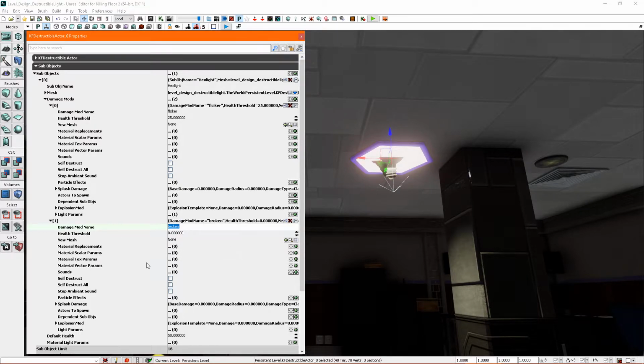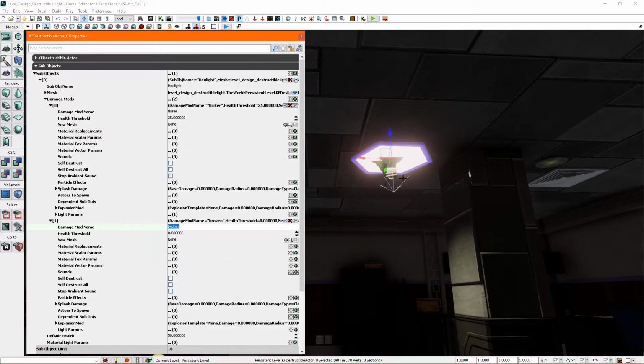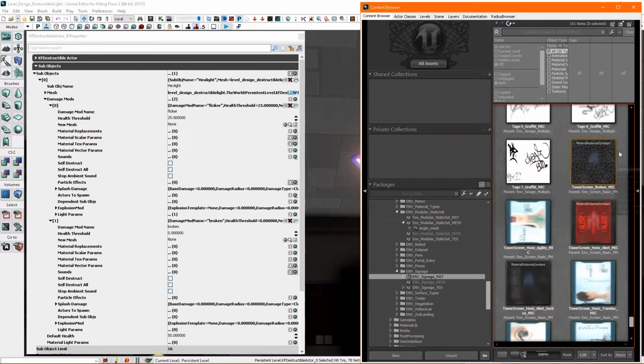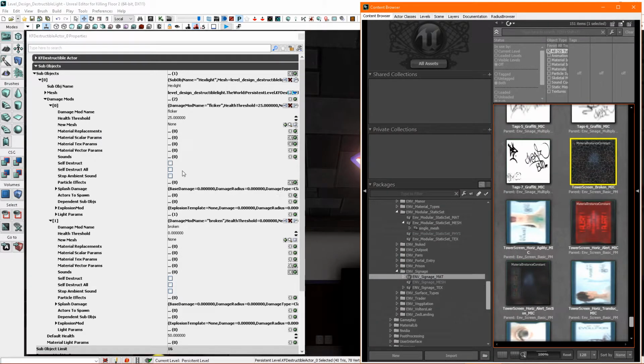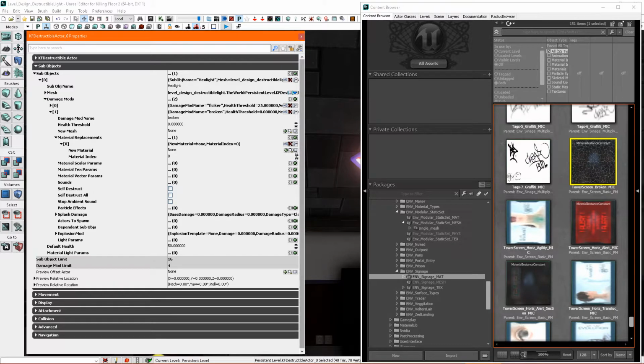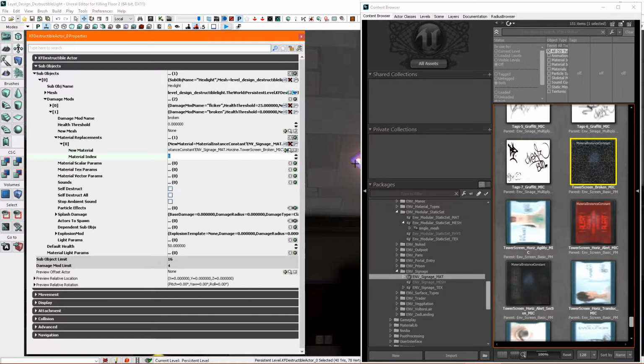Yes, that's correct. We want to add the material replacement of the broken screen. We had that down here. So I'm just going to collapse the first damage mod so that we have a second damage mod open. Material replacements, we want to add this broken lobby screen or tower screen, whatever it was. We want to change the material index to 1 to make sure that it is the right part of it